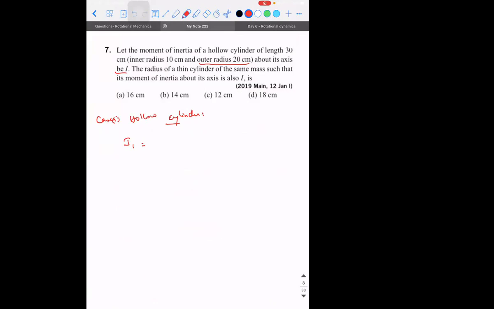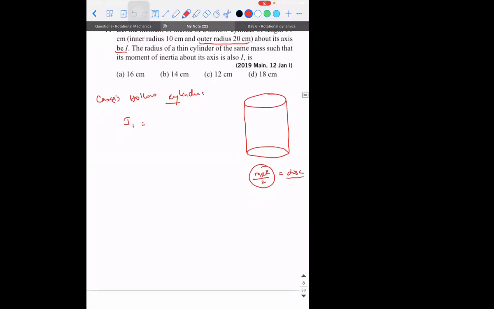So here what is going to happen is this hollow cylinder. How to remember is, remember guys. What is the moment of inertia of a solid cylinder about its axis? MR square by 2. But MR square by 2 is there for some other material also. What is it? Solid sphere is 2 by 5 MR square. It's there for a disk. Disk, sir. Right? That is a solid. So I'm talking about a solid cylinder. I'm trying to create a similarity.